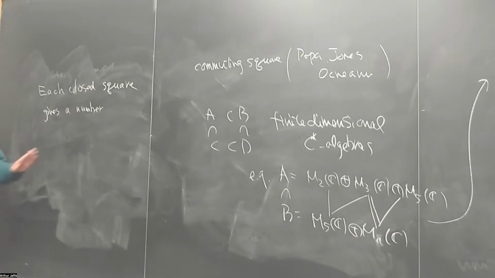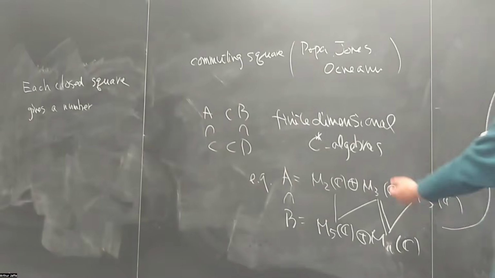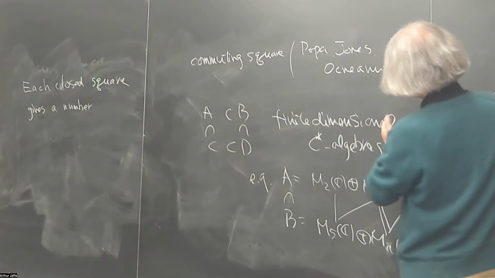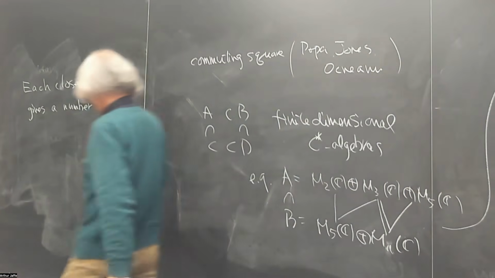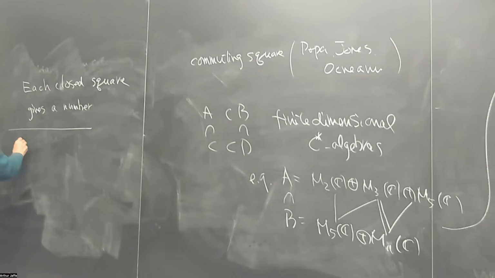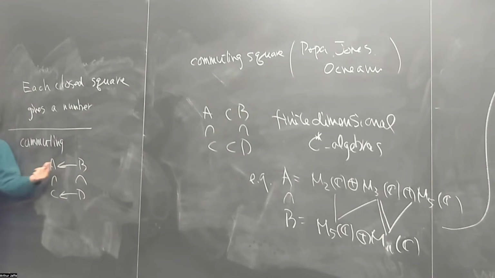Then to this point, everything is totally elementary. But now the non-trivial point comes next. So here, I didn't assume anything about this inclusion, but the nice thing is this commuting square, which I did not explain yet. So the commuting square means this situation. So A here, B, C, D. Here we are using the original inclusion, but here we use a different one. So from A to B, we have an inclusion, but we also have the opposite direction.